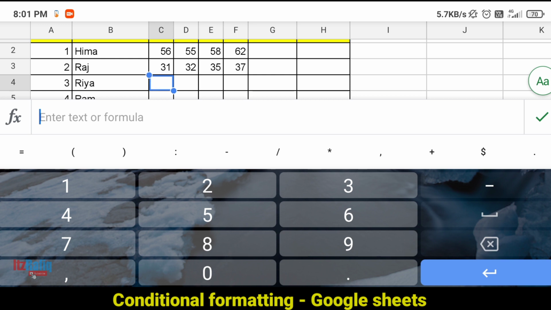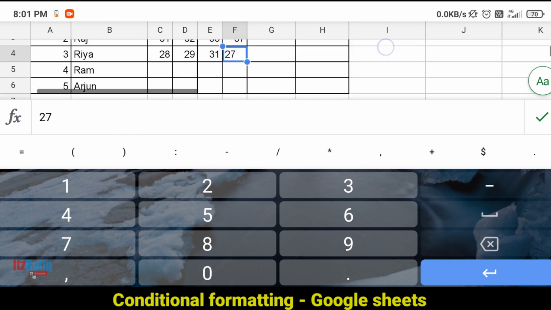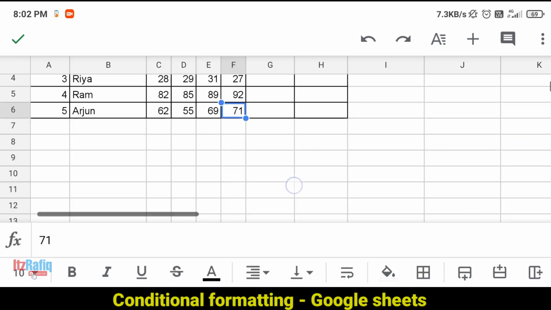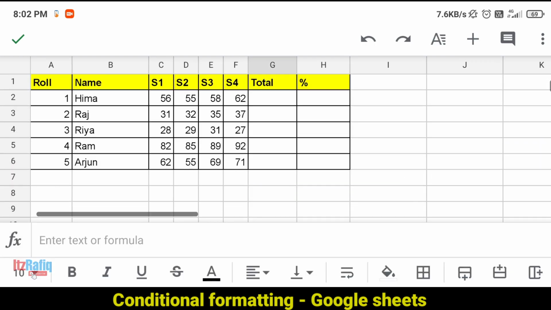And Riya, I think I'll give her marks below 30, so 28, 29, 31, 27. And Ram, give him above 80: 82, 85, 89, 92. And Arjun, suppose it's in the 60s: 62, 55, 69, 71. Now I have entered some random marks for all the students.